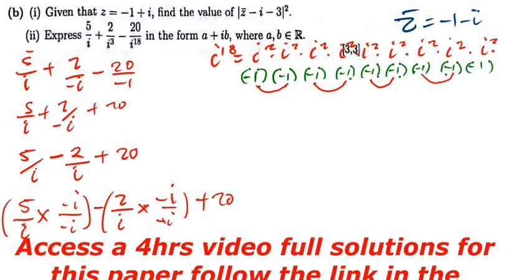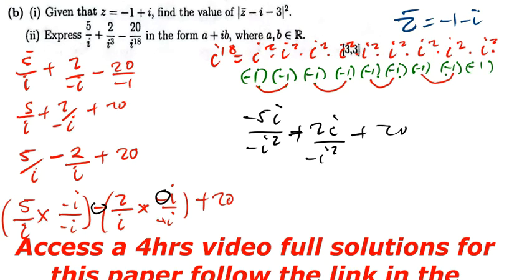So if we do the math, I'll have negative 5i over negative i squared, minus, so negative and negative now is going to be plus 2i over i squared, like that,